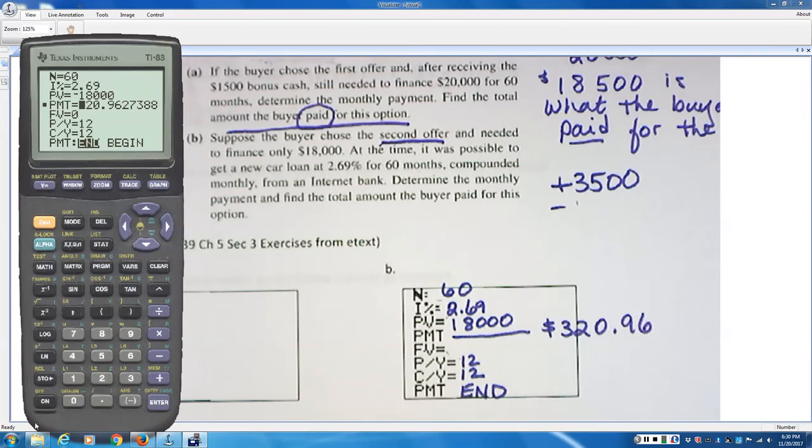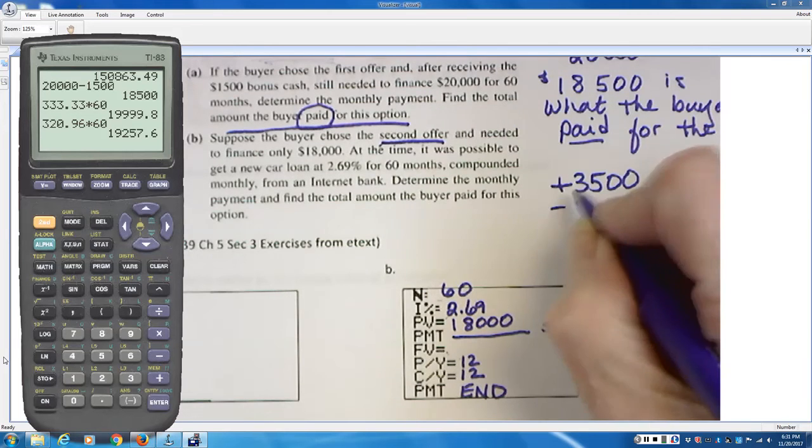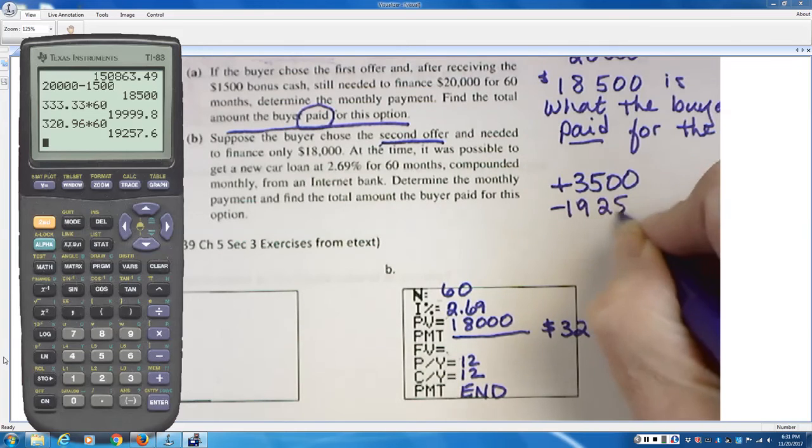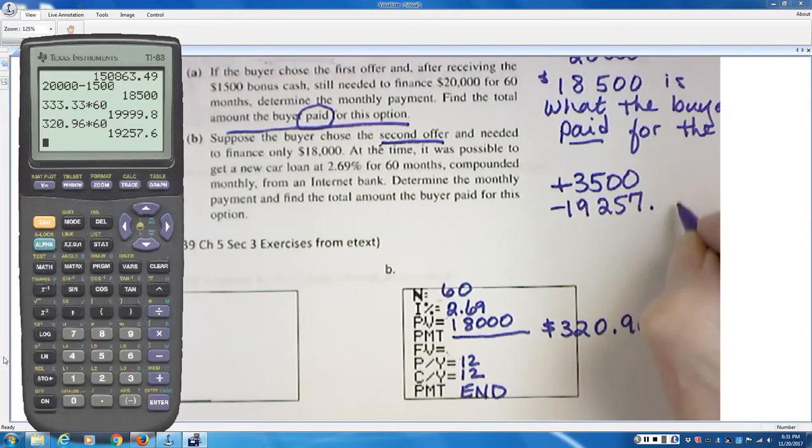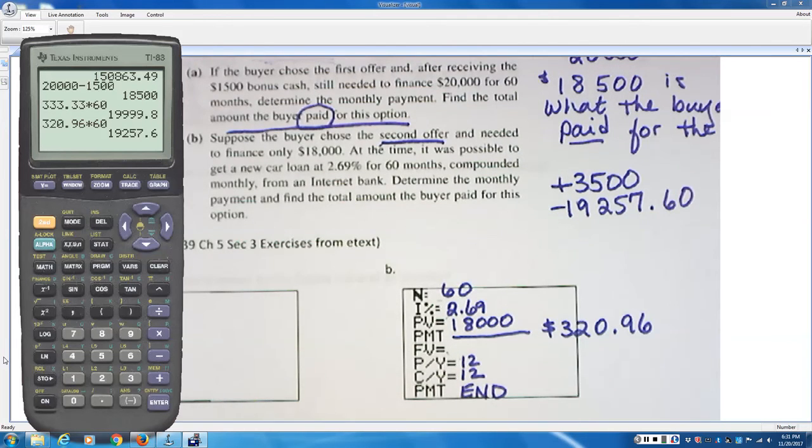And if we multiply those car payments times his 60 car payments, then he pays back, and this is his real cash outflow, $19,257.60. And so the money he got out of that was that $3,500 that they gave him up front. So what he paid for the car